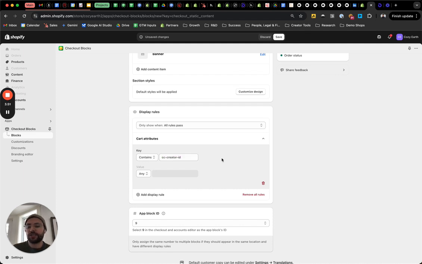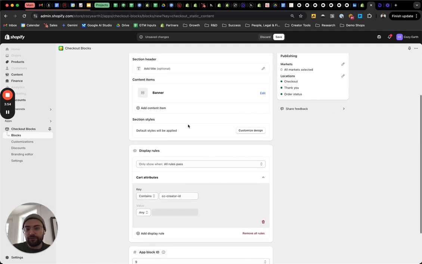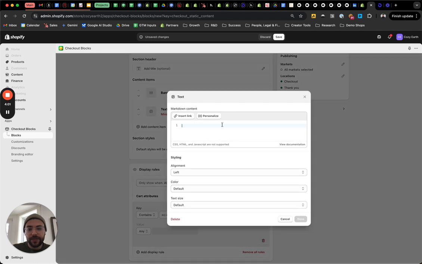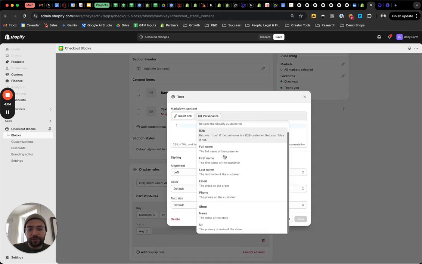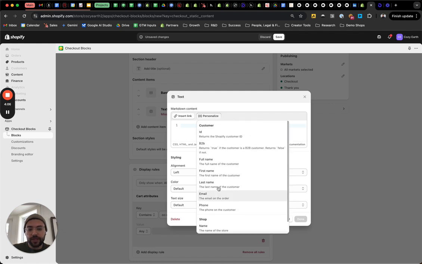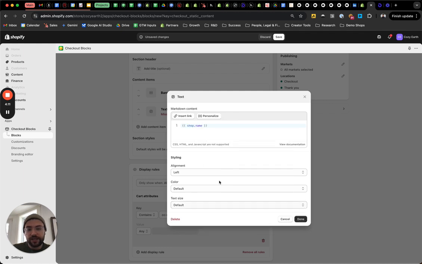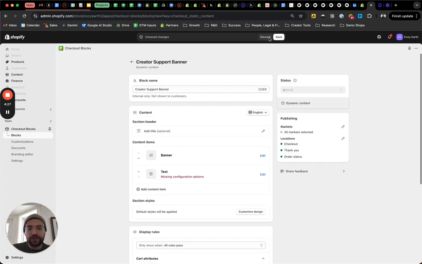It's a very open-ended concept here. You can build a lot of different types of banners and content items: accordions, images, spacers, text, headings. You can personalize these using data that we can pull from the cart, for example. So there's a lot that can candidly go into this. We can even reference the meta object to pull even more data into this about the creator. Perhaps that's even another tutorial we'll make, but it can go deep here. But this is really a simple block that you can save,